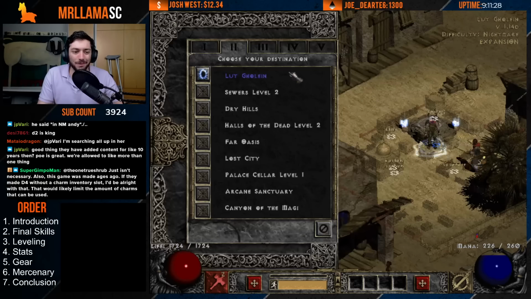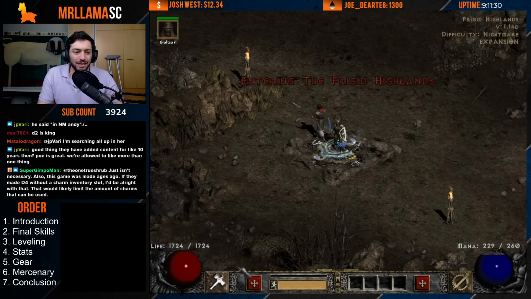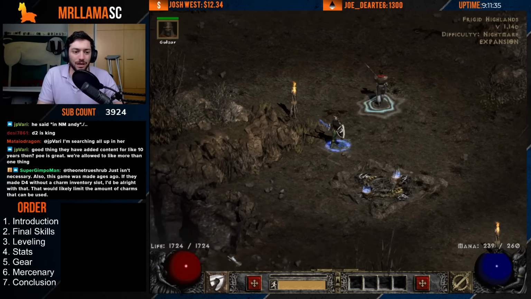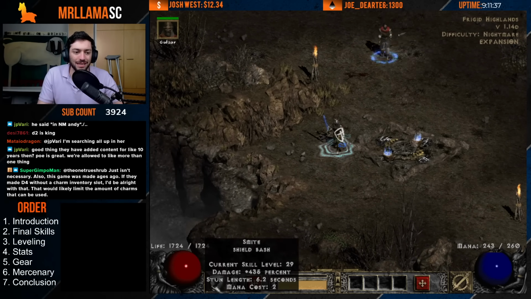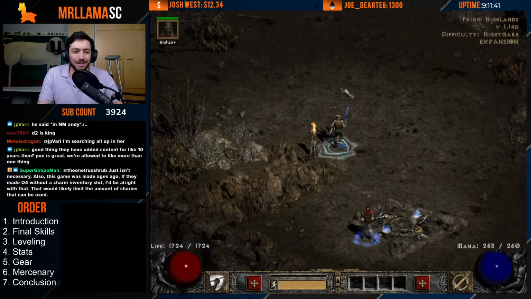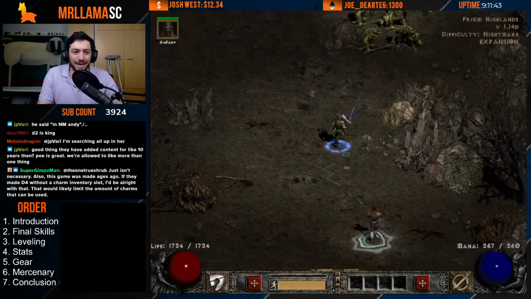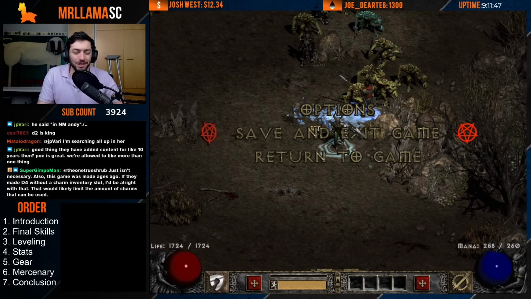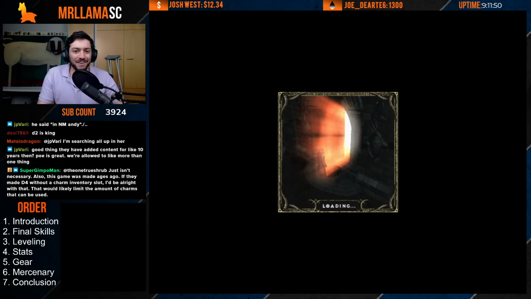But yeah, that pretty much covers this character. He's really solid. And one of the nice things with Smite is that you can see the stun length is 6.2 seconds. So every time you hit something, and it always hits, you get a massive stun on it. And I'm in Nightmare, so I'm going to murder everything in one shot. But if I go to Hell,